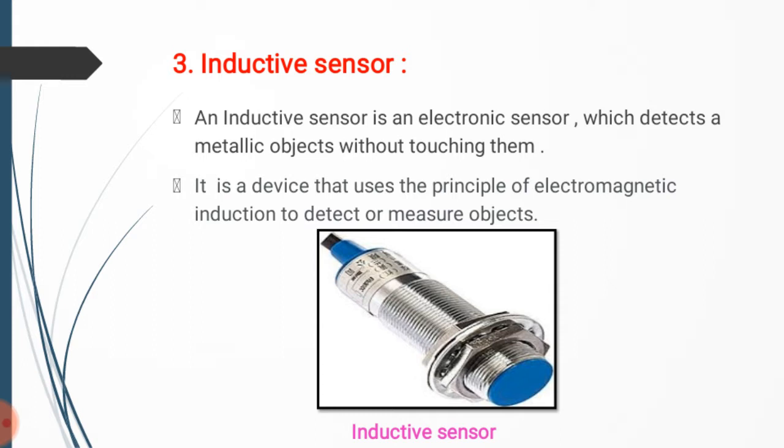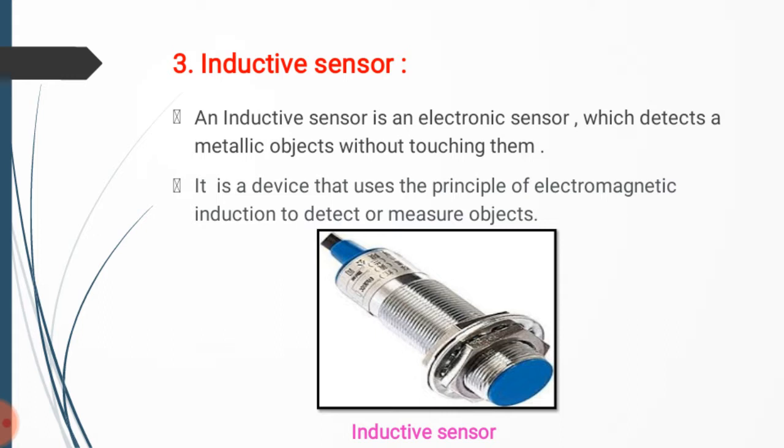We know that in a magnetic material there is a generation of the magnetic field, so there is also magnetic flux, so there is a linkage of the magnetic flux. We also know about self inductance and mutual inductance. So this is all about the inductive sensors, which are based on the electromagnetic induction principle.